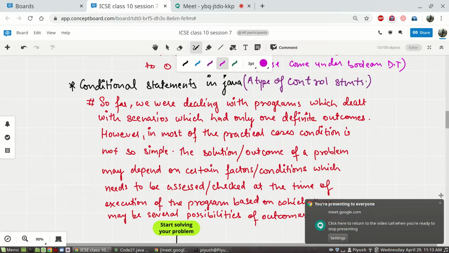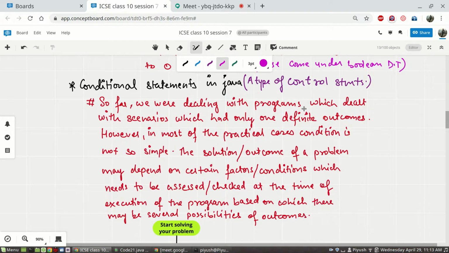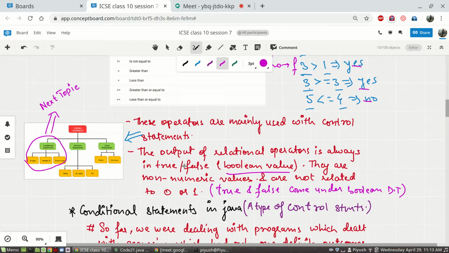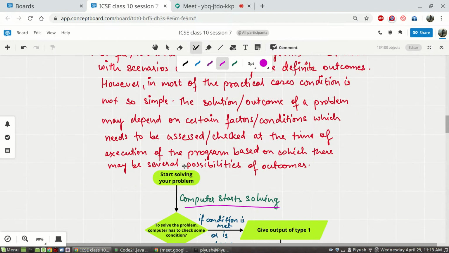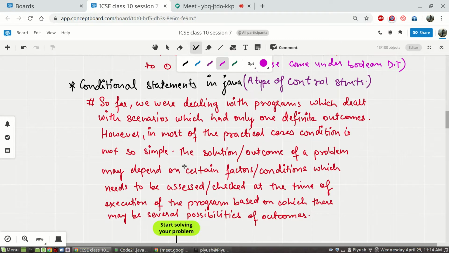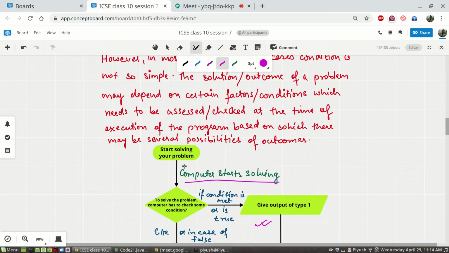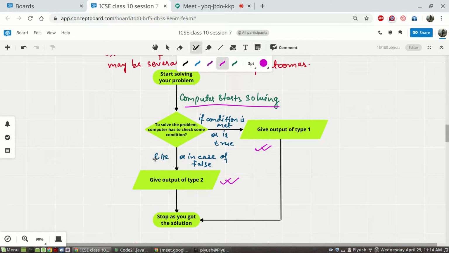We are also clear with the need of using conditional statements, which are one of the types of control statements. Like we have seen, I'll brief again in a minute. Conditional statements are used in Java to provide a mechanism where we can decide which version of output will be given to us after considering some conditions or factors in the program, and whether those factors were met or not met.